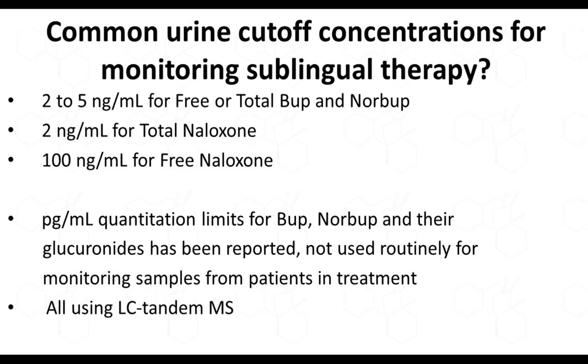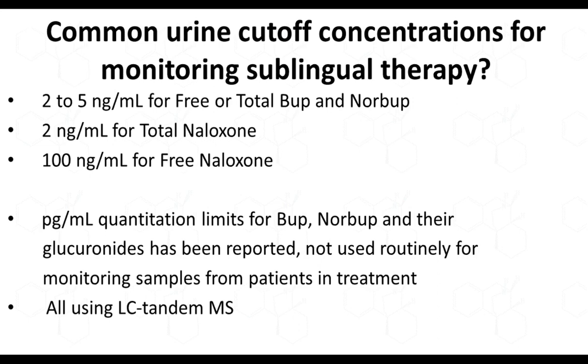All right, so we have some background to understand what's present in the urine sample. Given that, what are some common cutoffs that are used for testing urine samples for patients that are being monitored for buprenorphine sublingual therapy? So I consulted colleagues in the literature and looked at the web pages for commercial reference labs, and the most common cutoffs are somewhere between 2 and 5 nanograms per mil for free or total buprenorphine